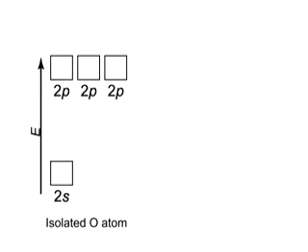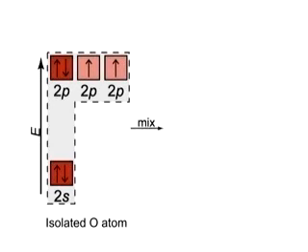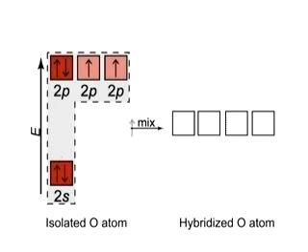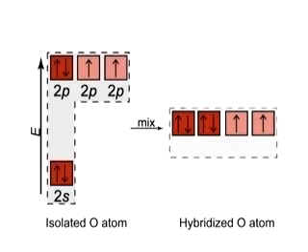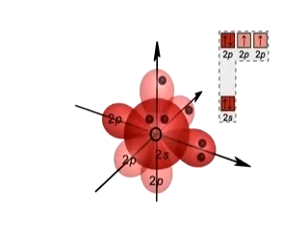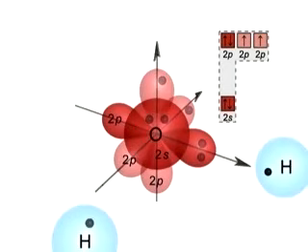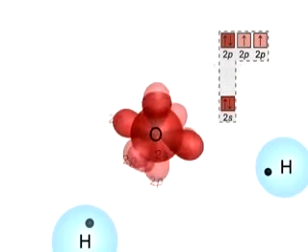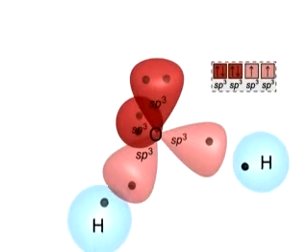In the case of water, with its V shape, the model proposes a situation similar to that for ammonia. The 2s orbital of the central O atom mixes with its three 2p's and becomes four sp3 hybrids, but now two of the hybrid orbitals are filled with lone pairs. In the water molecule, the oxygen has undergone sp3 hybridization. Two of the sp3 orbitals are filled with lone pairs, and the H atoms overlap the other two to form